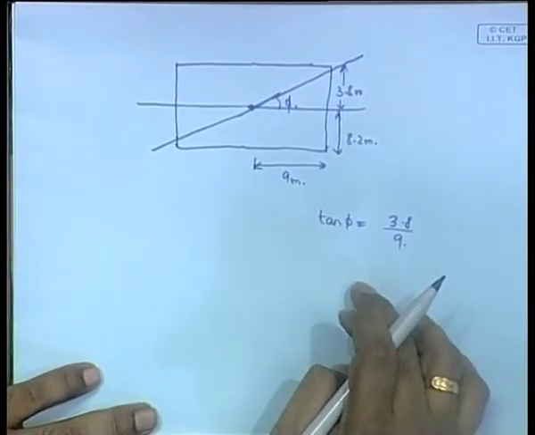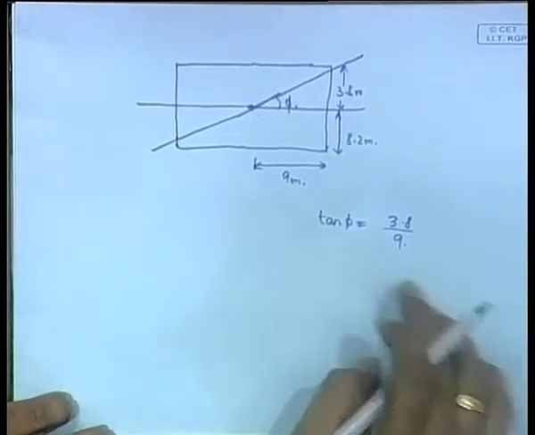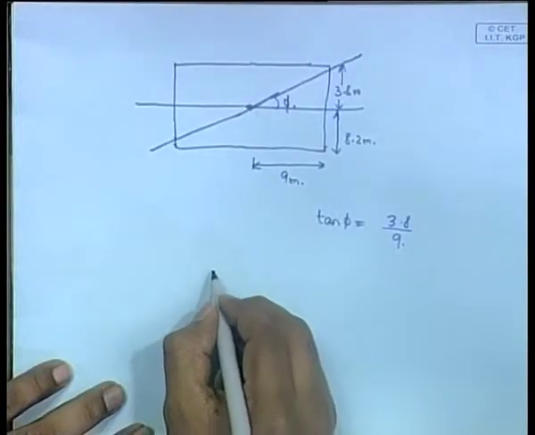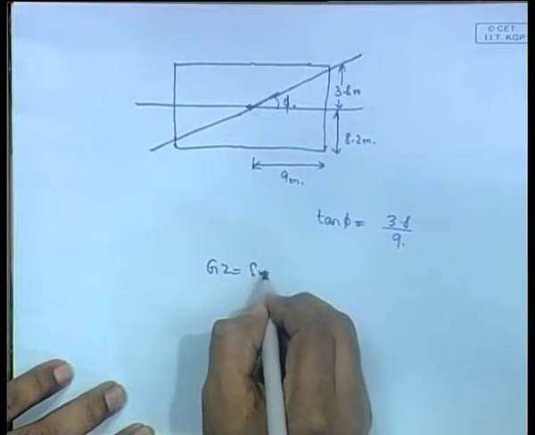Then your problem is to calculate the dynamic stability, which means that you have to initially formulate your GZ table. The only way to formulate the GZ table here is using the wall sided formula, because you are not given the Kn. The only ways to calculate the GZ table are: one, you are given the GZ table; two, you are given the Kn curve or the Kn table from which you can derive your GZ table; three, if you are given neither of these, the wall sided formula. We are given neither of these.